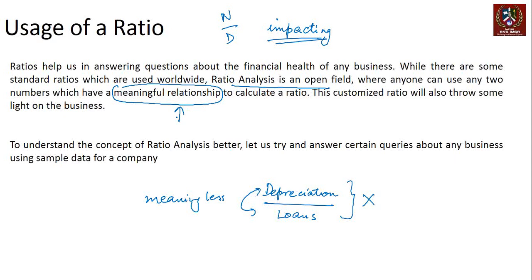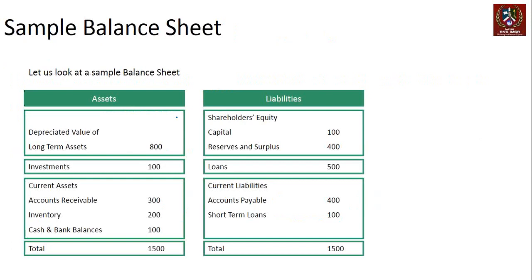Textbooks give you a certain set of 10-15 ratio definitions, but you could calculate hundreds of those to try and understand how a business works. To understand the concept of ratio analysis better, now let us try and answer certain queries. It's good to probably frame it as a question and answer concept and understand what is it that gets answered by looking at a certain ratio. That will give us an indication on whether or not a ratio is useful for us in the context of analyzing the company, right? For this purpose, we will look at a sample balance sheet and a sample P&L account